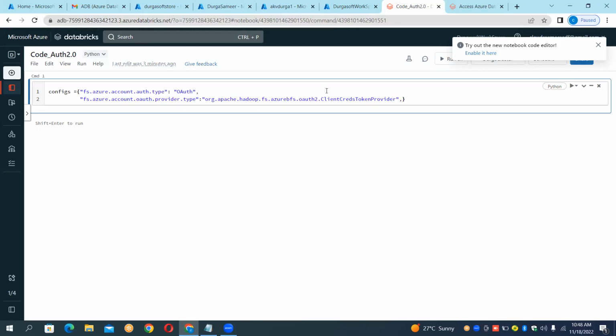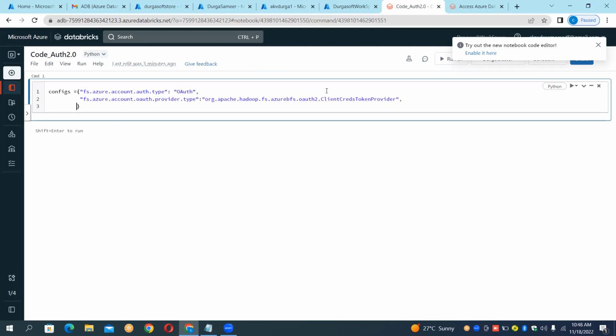The code snippet you will get, so don't worry about this, okay? Then after this, I think I have to use one more fs